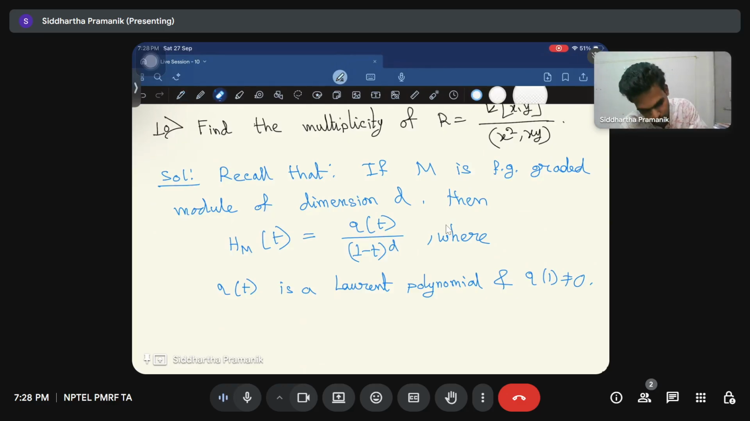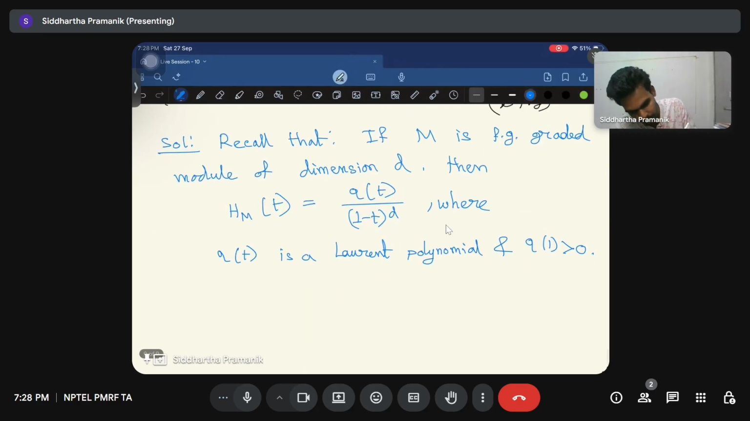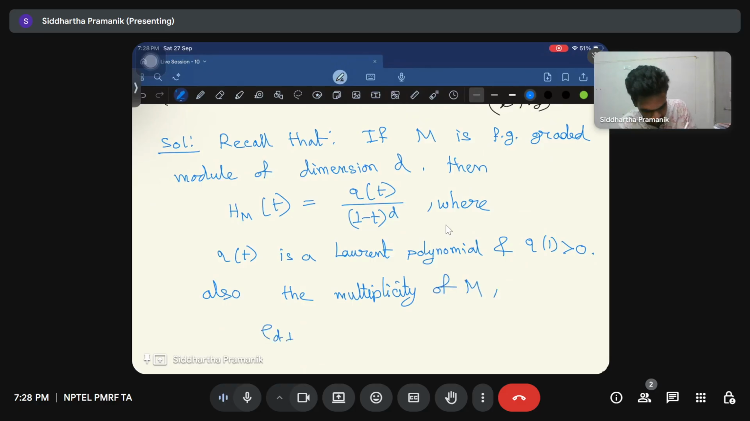Not equal to 0, and it is positive. So this is one theorem from the lecture, and I am just recalling it. Also recall that the multiplicity of m, which we denoted by e, the d minus 1th Hilbert coefficient of m,